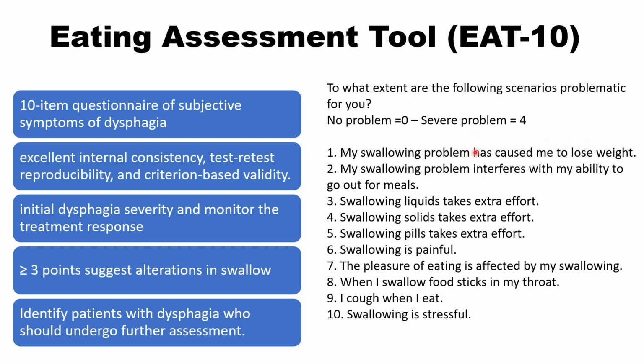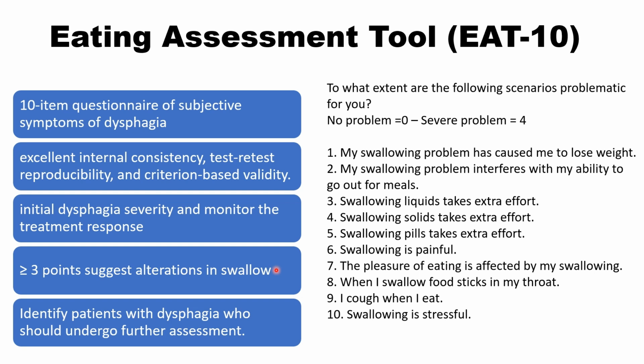Starting with questions like if there has been any weight loss, or if there has been any interference with his social activities or abilities to go out for a meal, if there is any extra effort needed for liquids, solids, or pills, if the swallowing is painful, if the pleasure of eating has been affected by the problem, or if food sticks in the throat, or there is any cough, or if the swallowing process is stressful. The maximum score would be 4 for each question, and the maximum score for the questionnaire would therefore be 40. If the patient scores 3 or more, then there is a problem with the swallowing that needs to